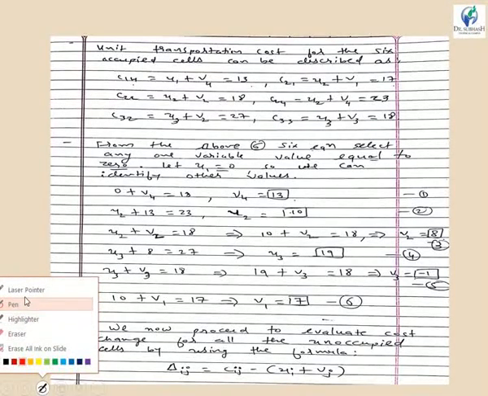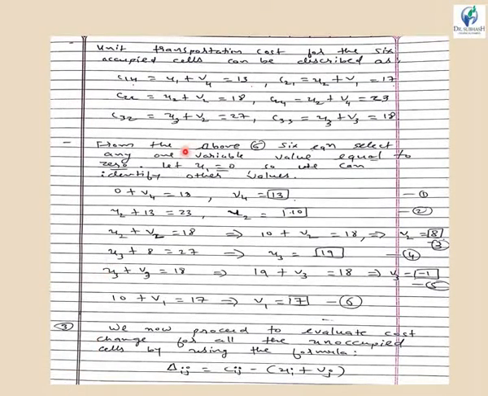you can find the value of v4. As I have assumed u1 is equal to 0, u1 plus v4 is equal to 13. So u1 is equal to 0, so v4 is equal to 13. Similarly u2 plus v4, we had already obtained the value of v4 over here, that is 13. So put that value in this equation. u2 plus v4 is equal to 23. So u2 plus 13 is 23. So 23 minus 13 will give you the value of u2, that is 10.